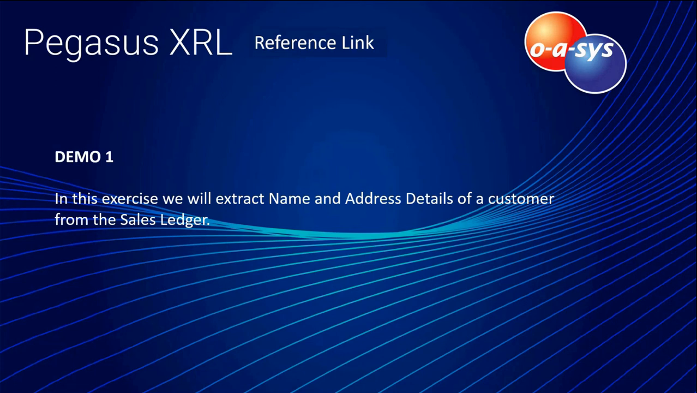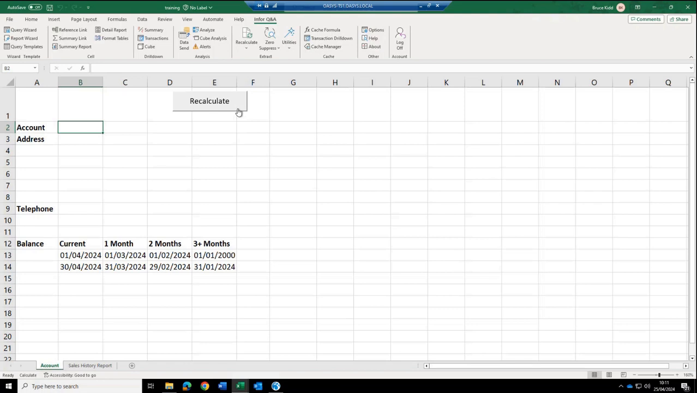So let's hop on into our first little demonstration, where we're going to be looking at creating a reference link to one of our customers, pulling some data out. So let's just get to our XRL, which I have pre-prepared. So I've put some labels on here. There are absolutely no XRL formulas in this at all. I merely put an account label, address label, a telephone label. I put some labels of balance for later, and some date references, which I want to use later on. But I'm just going to start here